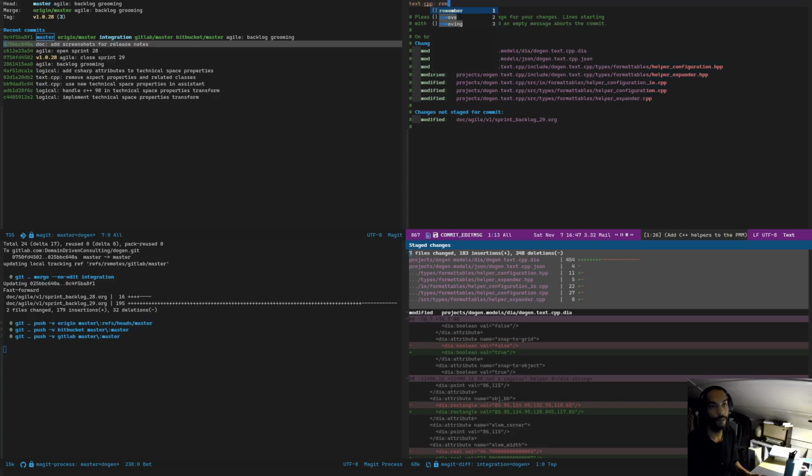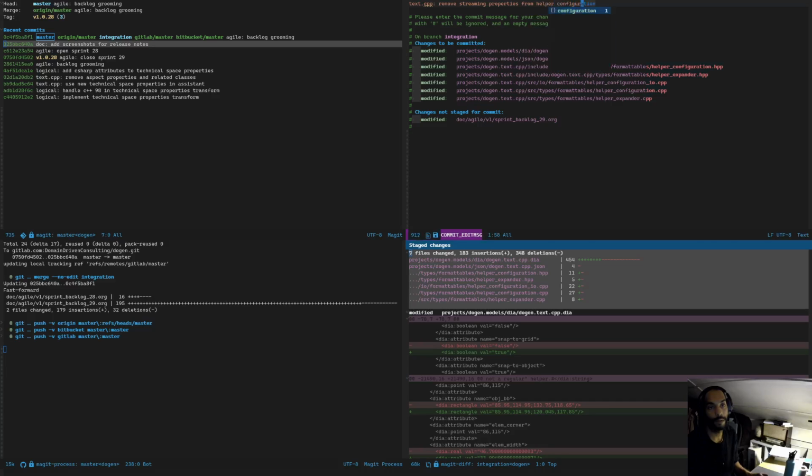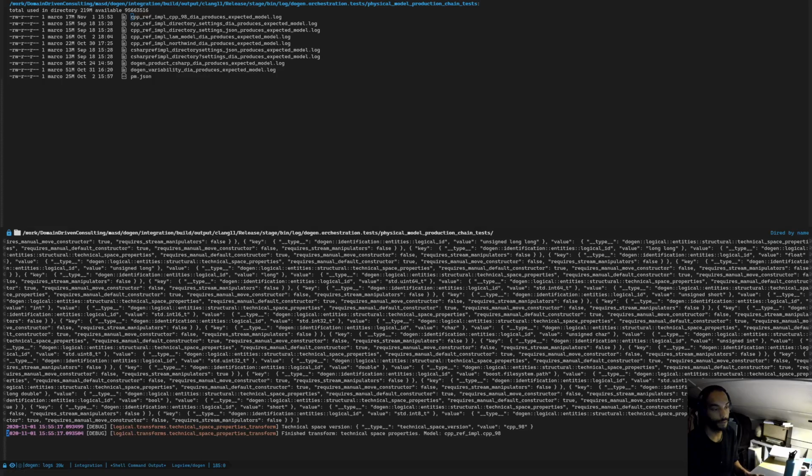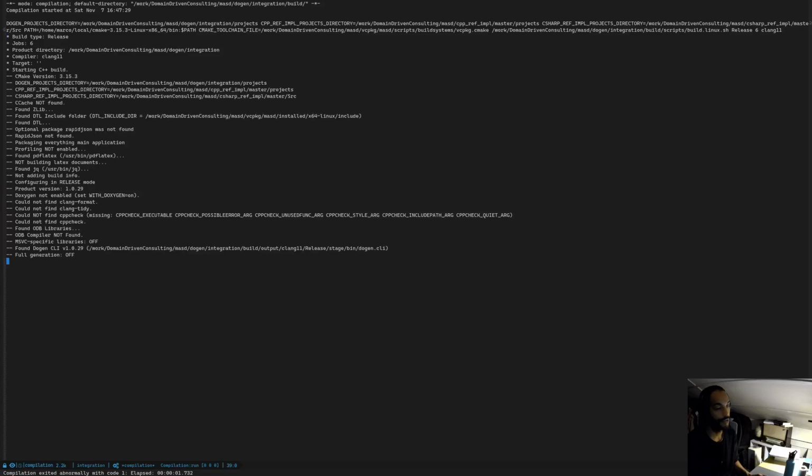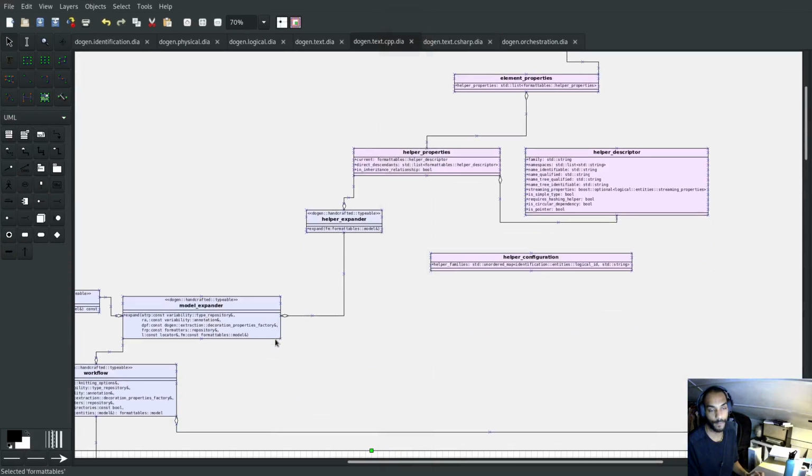So remove from the helper config. Yep, it's all green, so that's not quite what I meant to do. So it's all green, so that's good. So now